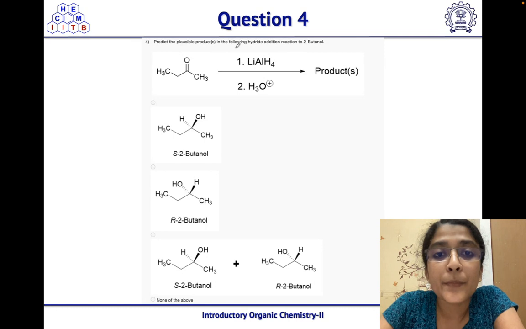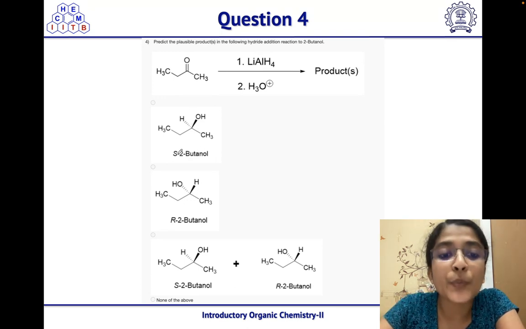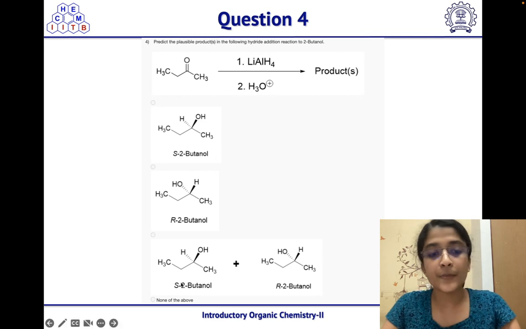Predict the plausible products in the following hydride addition reaction to 2-butanone. So here it is a reduction reaction that is given. From this ketone we will get alcohols when treated with lithium aluminum hydride, and they have given four options: only S-2-butanol will be obtained, R-2-butanol will be obtained, and we will obtain,